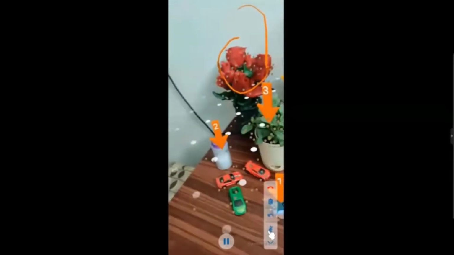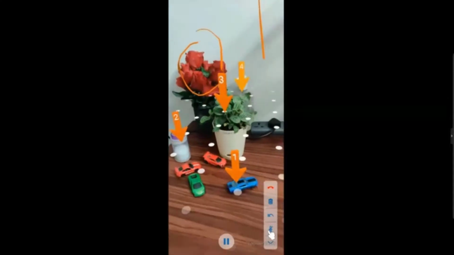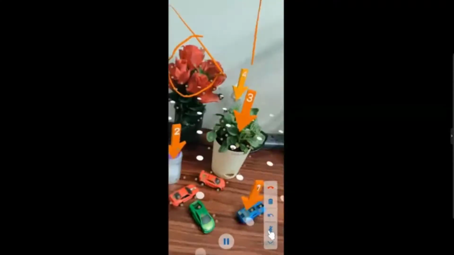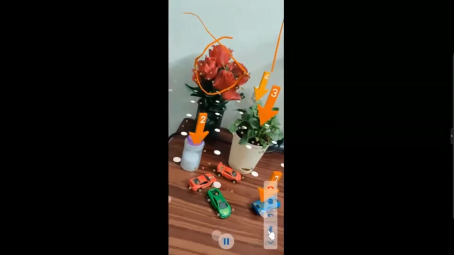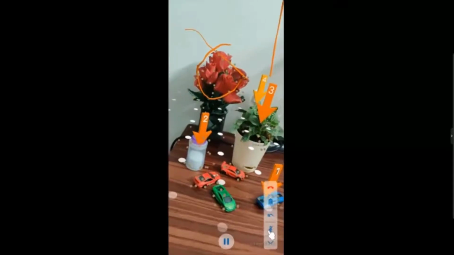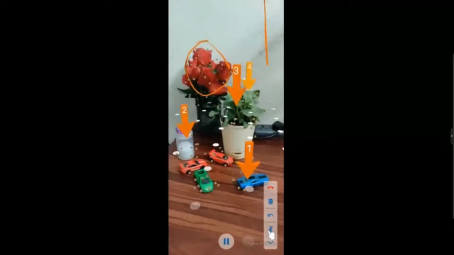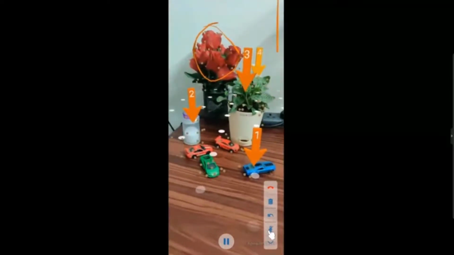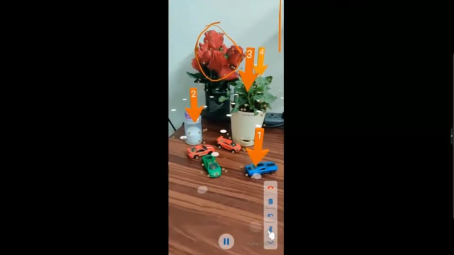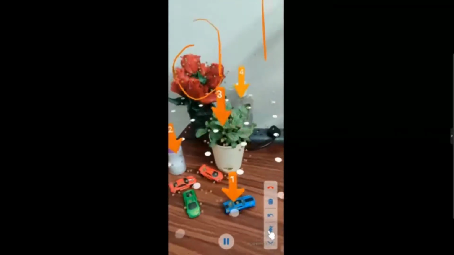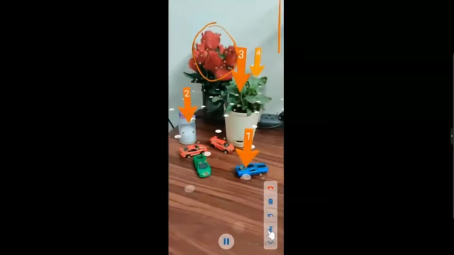And the sequence in which you add these arrows, you get those numbers. So suppose you wanted the student to help you understand that, okay, if I want to plot such a graph using my oscilloscope, what is the first button you need to click? What is the second step? What is the third step? And that can be then reflected in the form of these arrows. You can also clear all annotations.